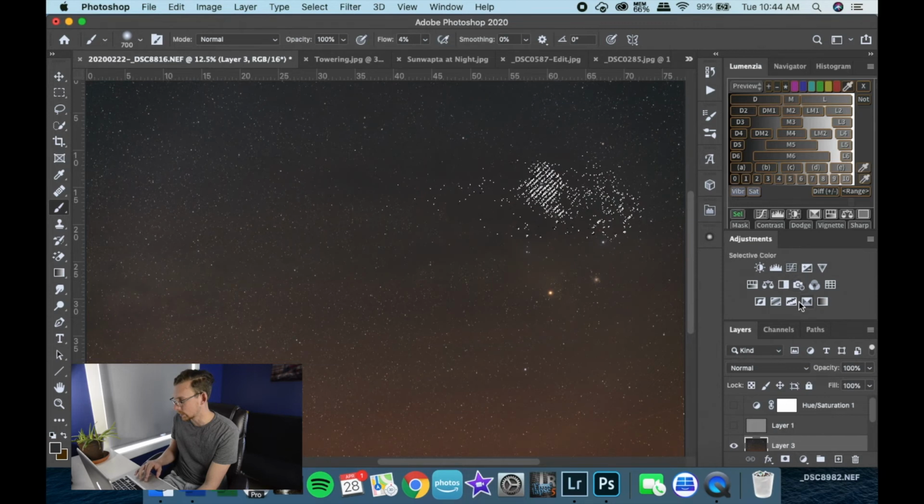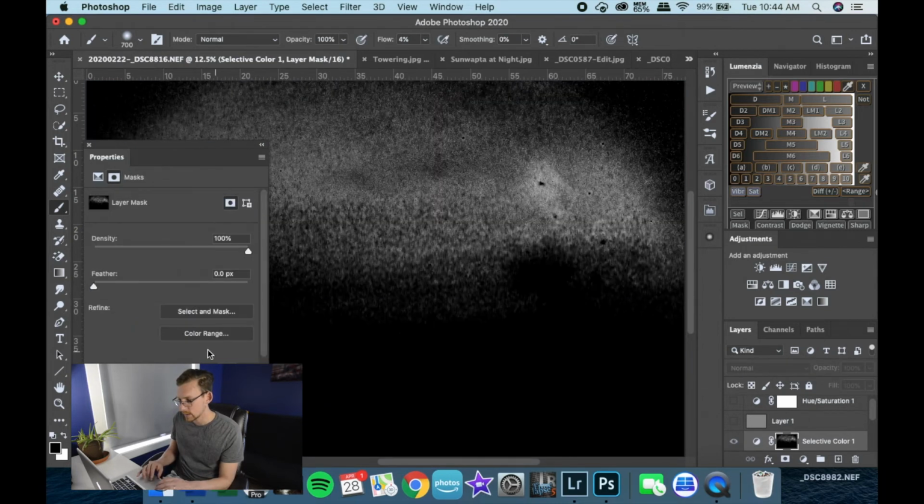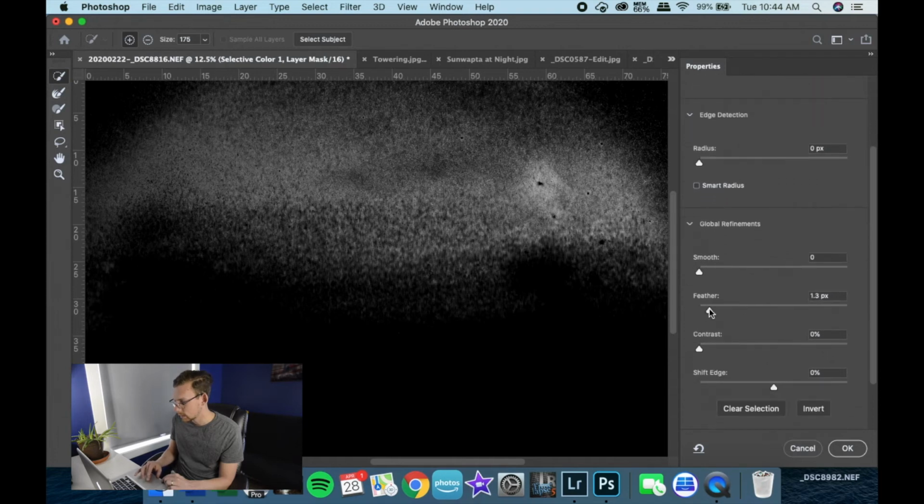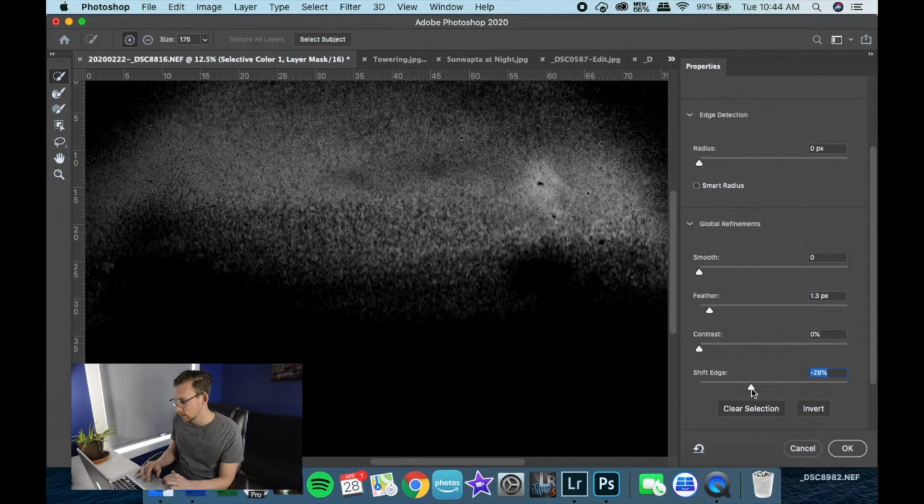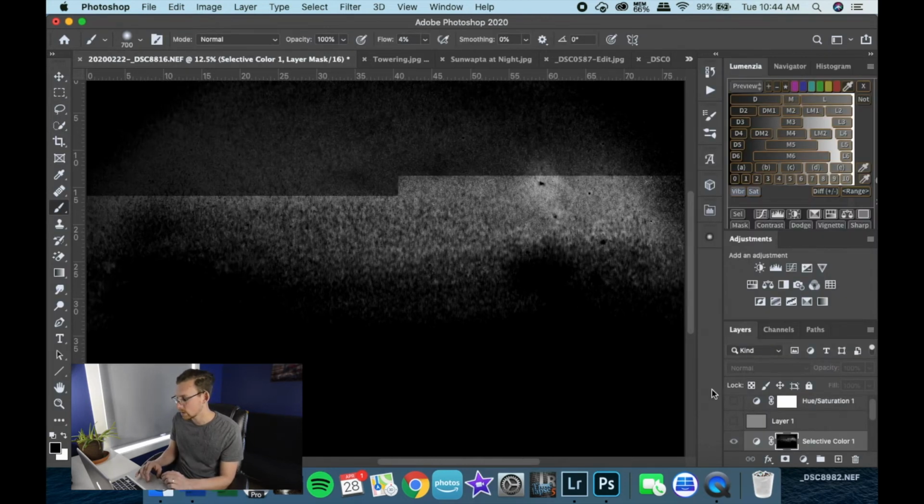I can go into, whatever, a selective color if I want to. One thing I'm going to want to do though is I'll click on this and I want to feather this mask a little bit. I can even go select and mask here and shift my edge out a bit so that I make it a bit bigger of a selection. I can go a bit narrower. Okay, so there are a lot of tools you can use to target specific tones in your image,